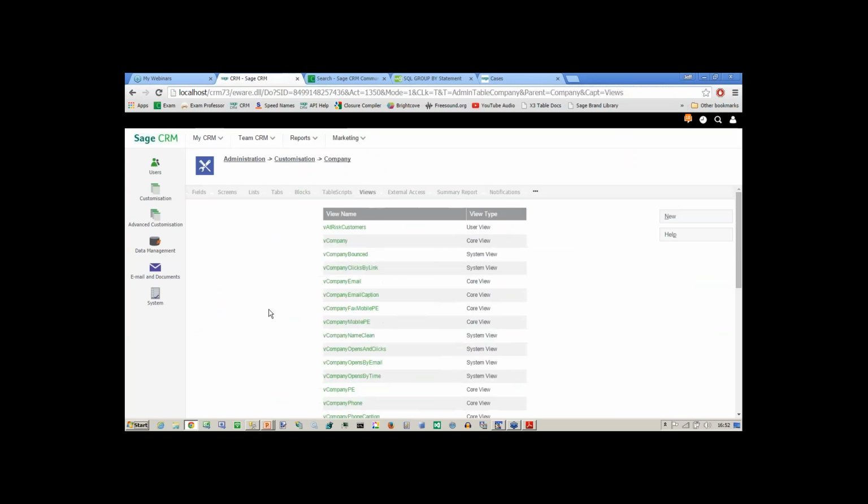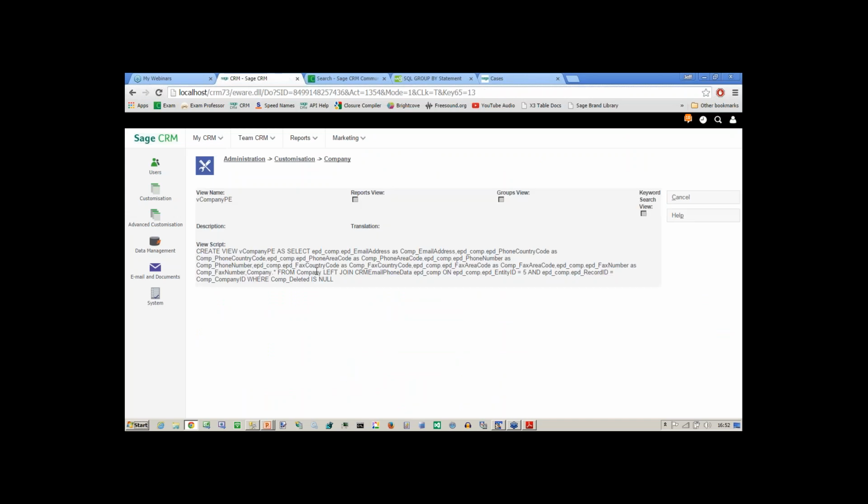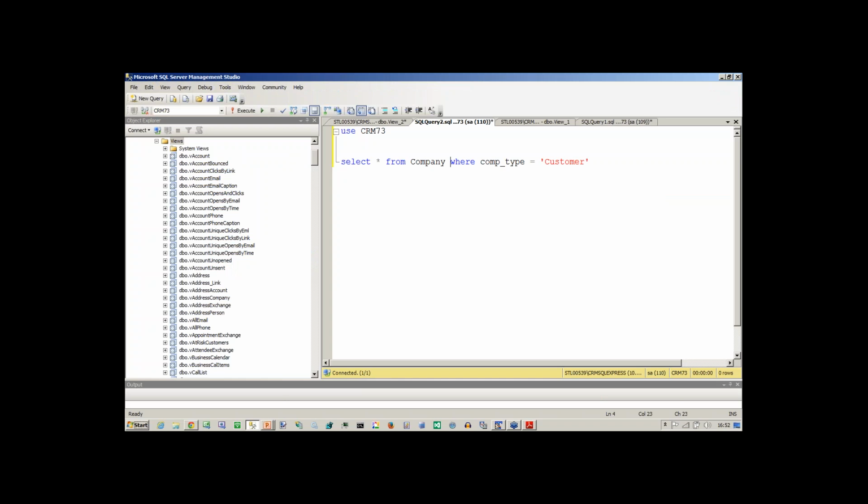information, so V company PE, what we see here is that the last statement in here is a where clause that makes sure that we're not pulling back deleted information. This is an extremely valuable thing to do. And if I start to explain the way in which nulls are used by looking at, for example, some existing opportunities,